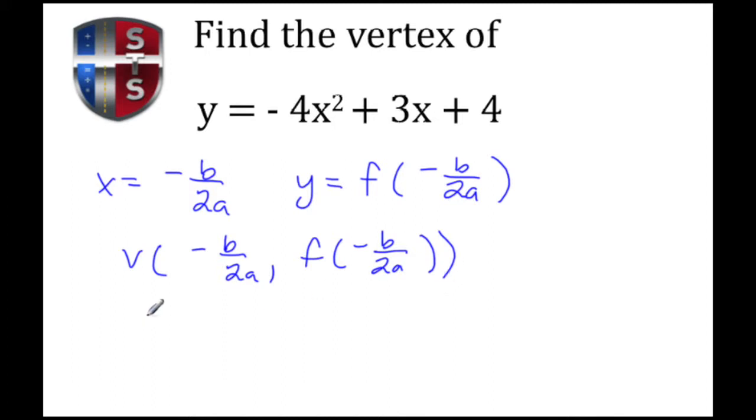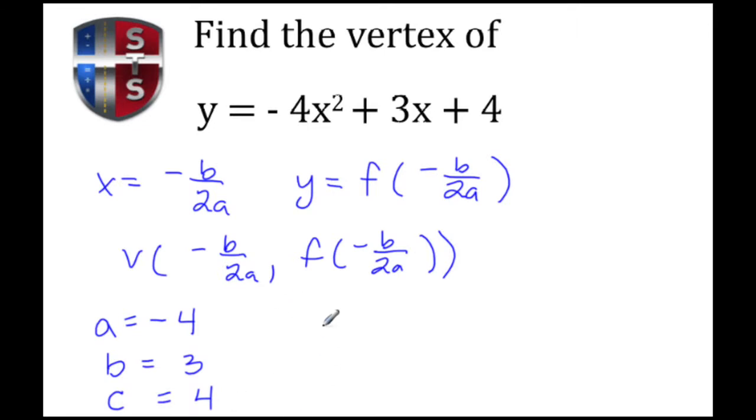Being that this quadratic is in standard form, that means we can take off the coefficients of each term. So for example, the value of a is going to be negative 4 because that's the first term, which is the x squared term. The value of b is going to be 3, that's the coefficient of the x term, and c corresponds to the constant, which in this case is a 4.